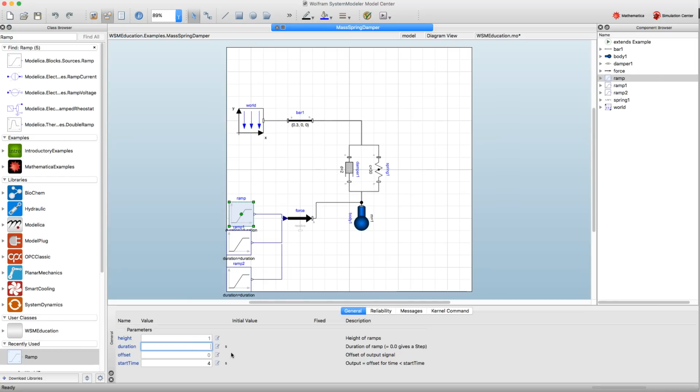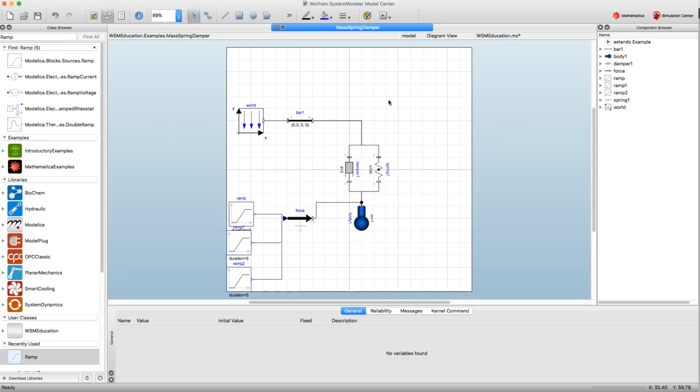So in X direction, let's make the height a little bit higher. Let's do it 4, and in the Y direction, let's make the height minus 4. And let's do all of these for 5 seconds. Okay,